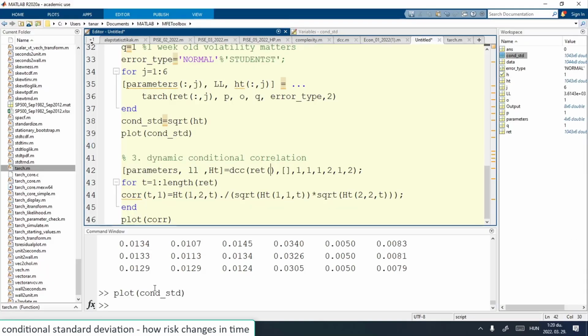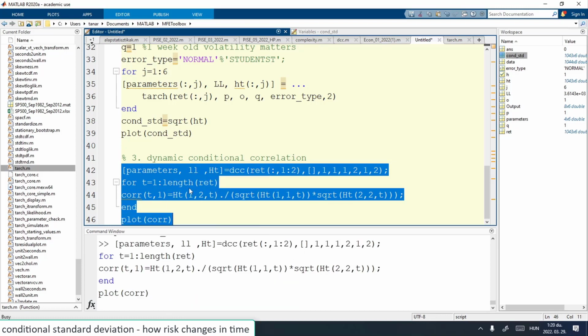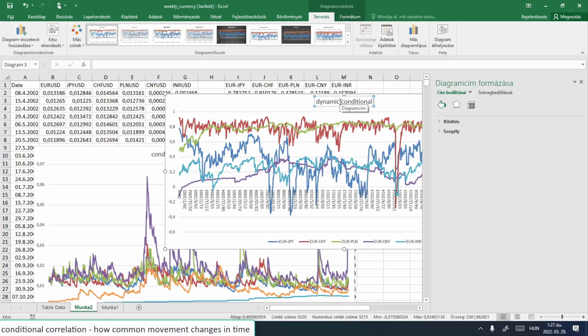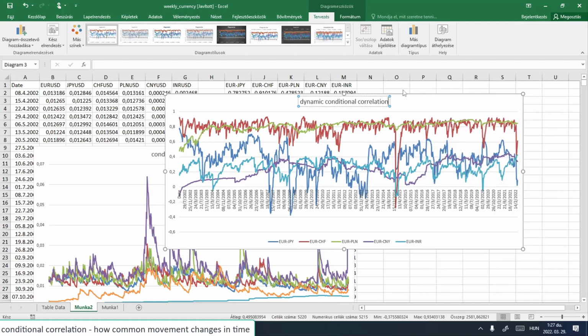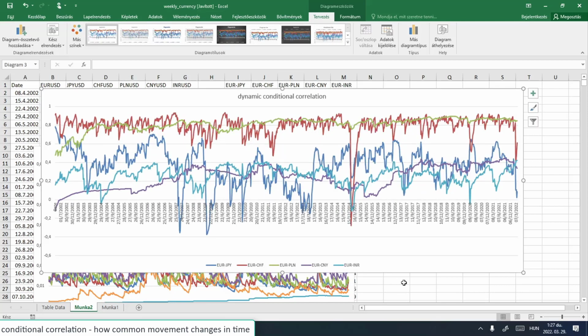So let's say all rows and the first and second columns. What do we have here? Okay,